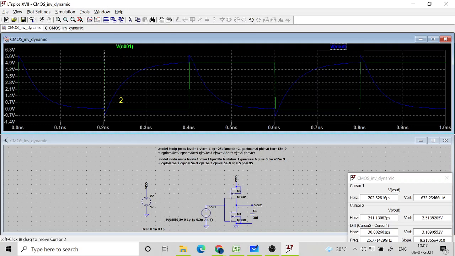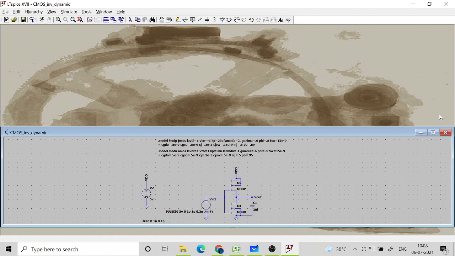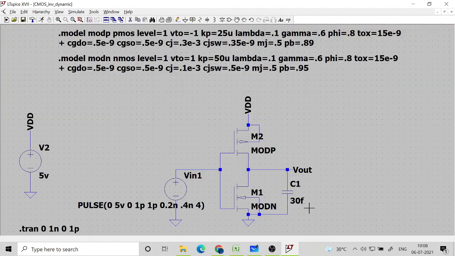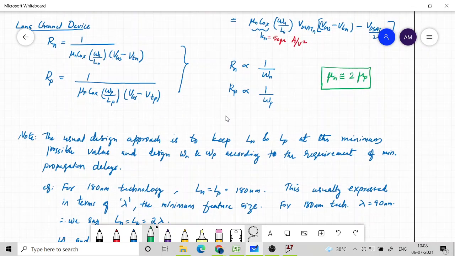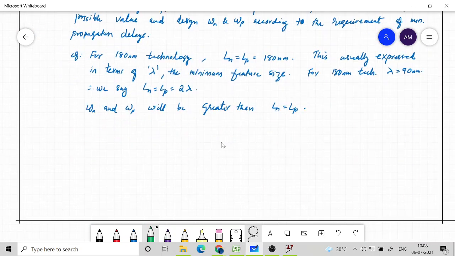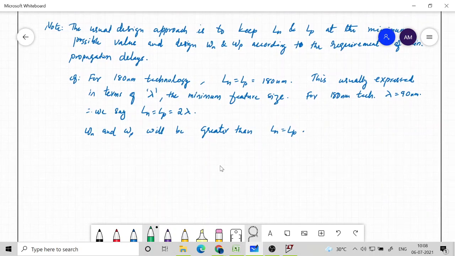You see this is also 38. So both are 38. That's a significant improvement. From 58 and 59 we got 38 and 38 by doubling just the WN and WP. So sizing of a transistor is a very important thing in design. That will decide how your charging and discharging waveform will look. The output is going to depend upon that.